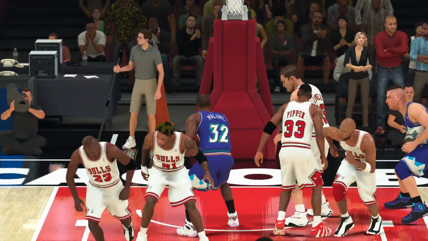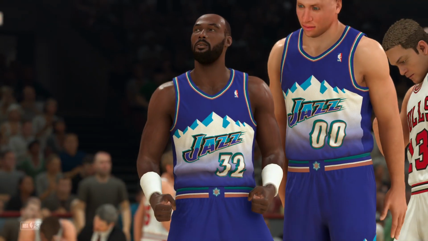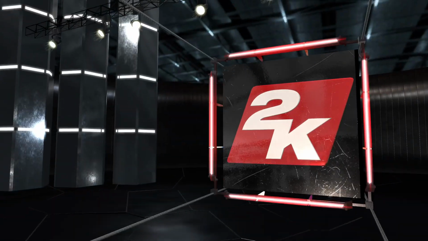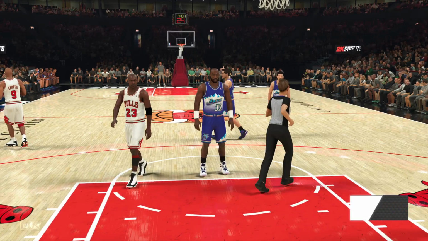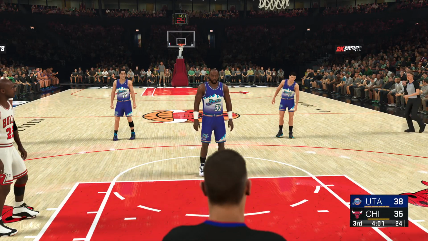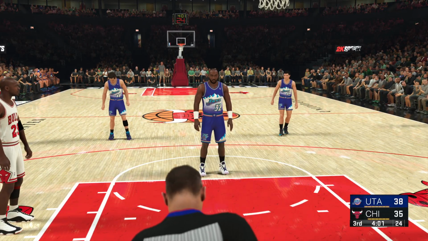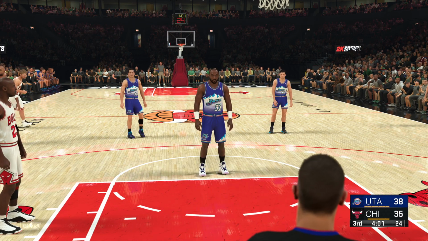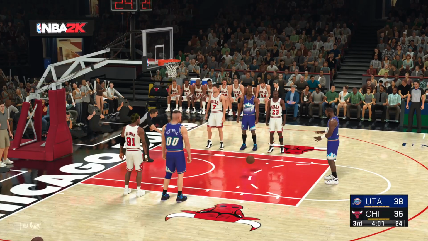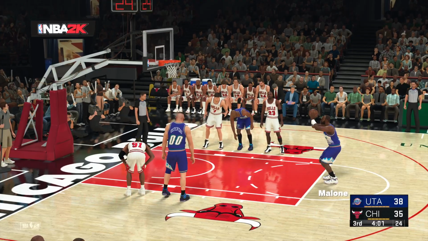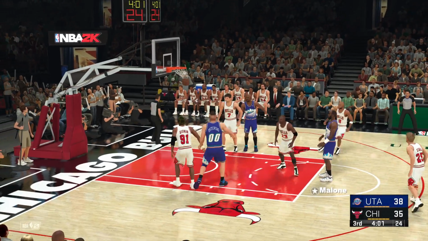Kukoc, he's checked in for Chicago. Kerr comes in for Pippen. Line for one. Free throw drops for Malone.